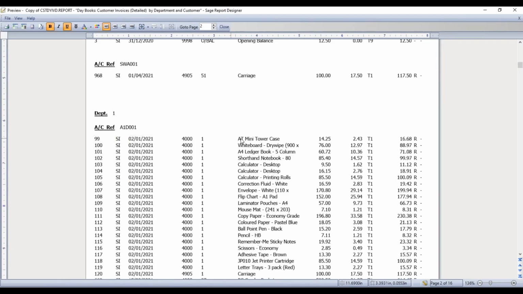I can't see any titles for the data fields underneath the customer, and that's because they're currently sitting in a page header section. So remember, the content of the page header section only appears once at the top of each page. So if I want the titles for the data to appear for each customer, I also need to move these into the account ref header section. So if I go back into Designer,